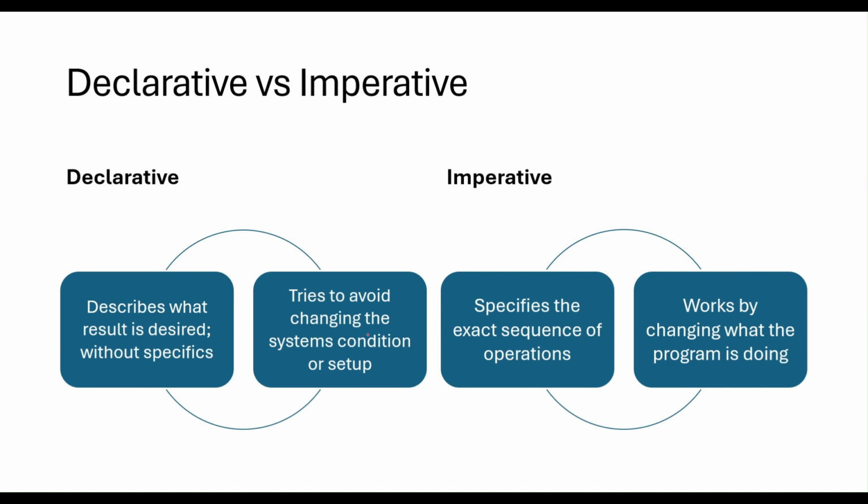The declarative model tries to avoid changing the system's condition or setup. In a declarative model, it's more of a template format. You don't have to change the condition. It just gives exactly what you asked for without the specifics of it, or at best, on a best effort basis. While imperative,